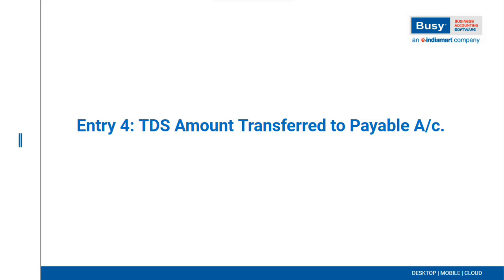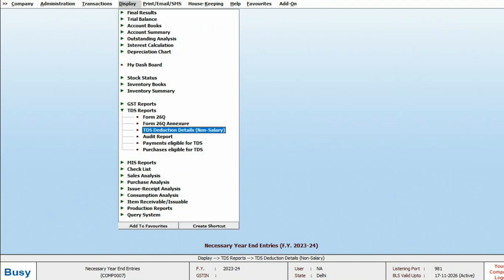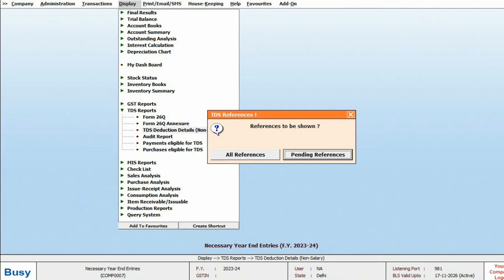Next, let's discuss the year-end entry for transferring the TDS amount to the payable account. In this case, any pending TDS amount that needs to be paid to the government should also be transferred to the payable account. This is because pending TDS references do not carry forward. To check pending TDS references, we open the TDS report in display, specifically the TDS deduction detail report with the